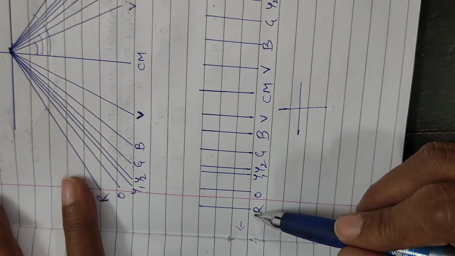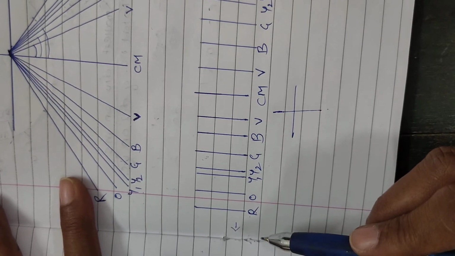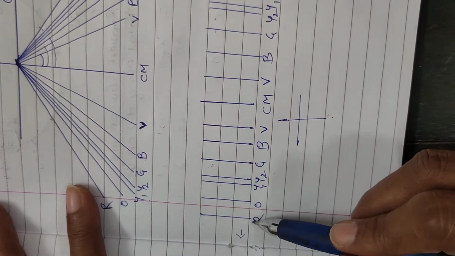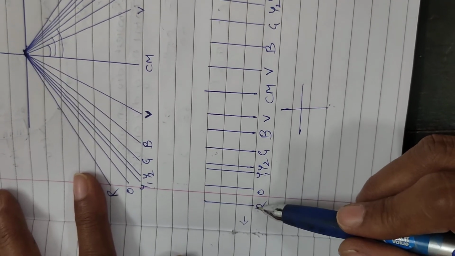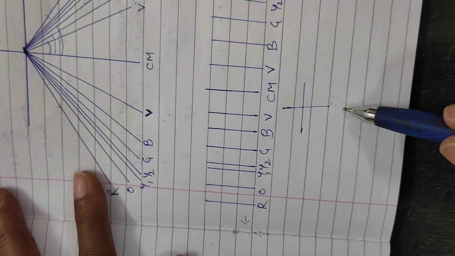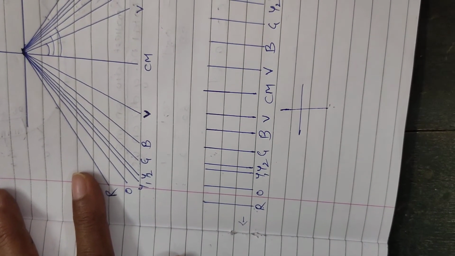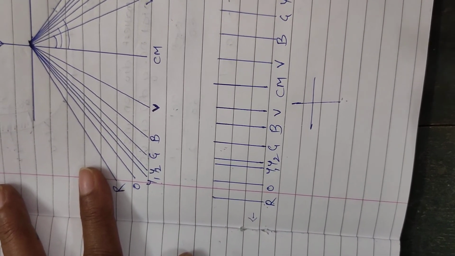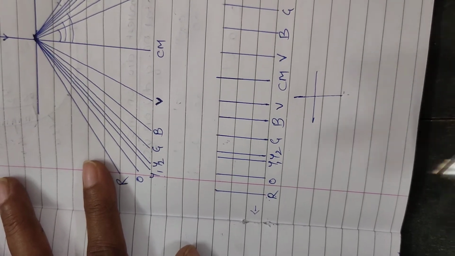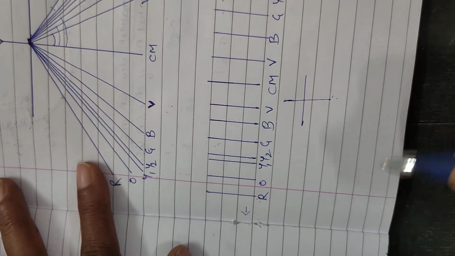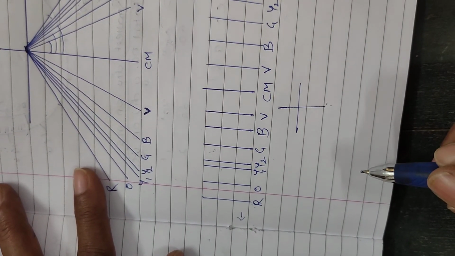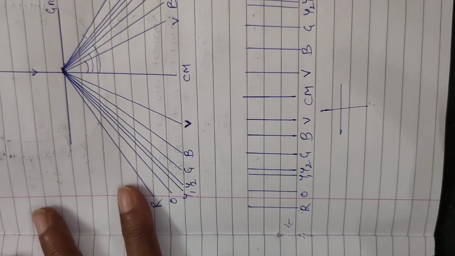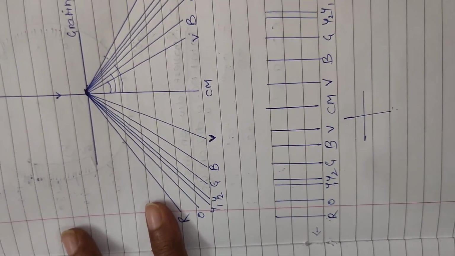line. That means we will shift our telescope such that this vertical cross wire is overlapping the red color line, and for that position we will lock our telescope using the screw provided at its bottom, so that it remains in the same position. And then we will record the readings through the two vernier windows which are provided on the scale. One trial reading I will show to you, and then I will be performing the experiment and providing you the readings.